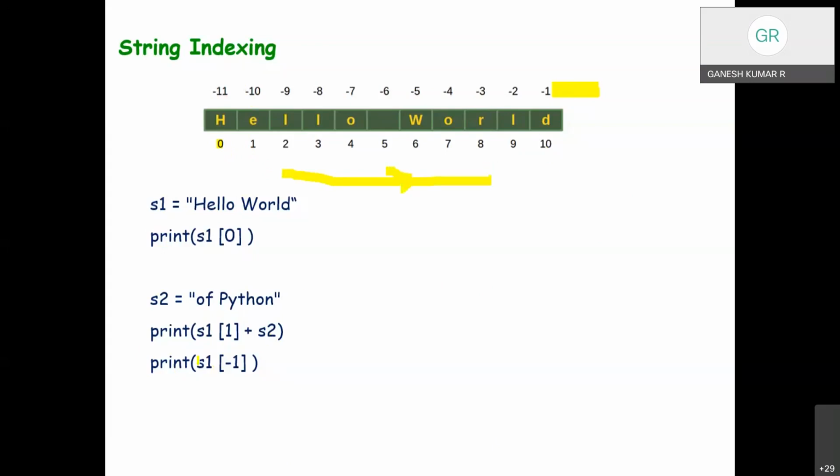It is also possible to index a value from right to left, where the values are represented from -1, -2 and decremented till the first character. So indexing in the positive, incremental way and the decremental way, both ways are permitted, right?